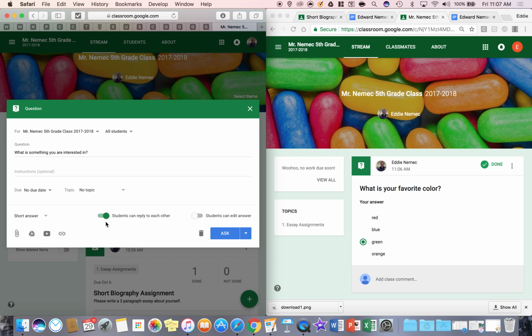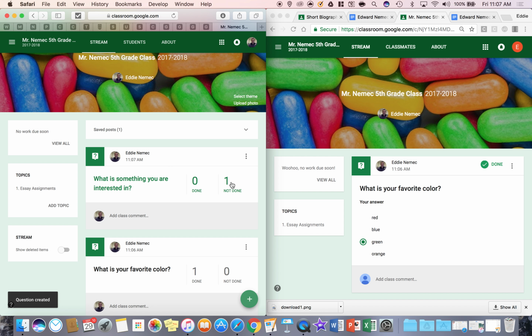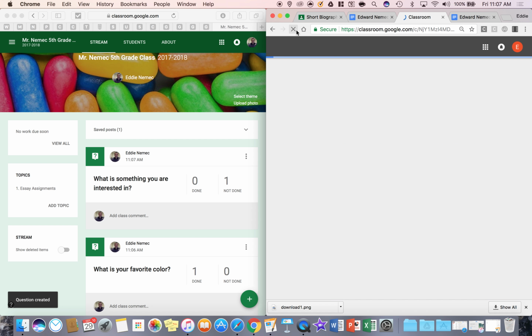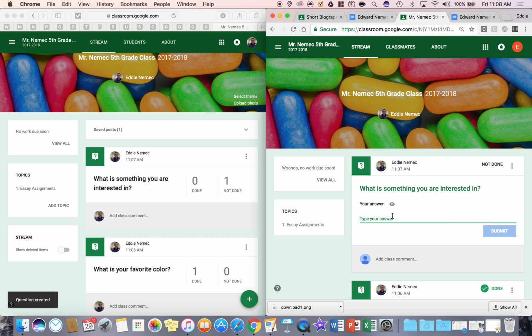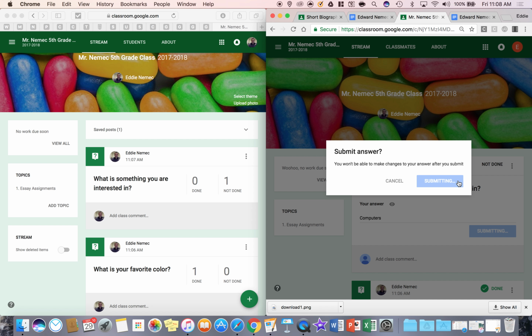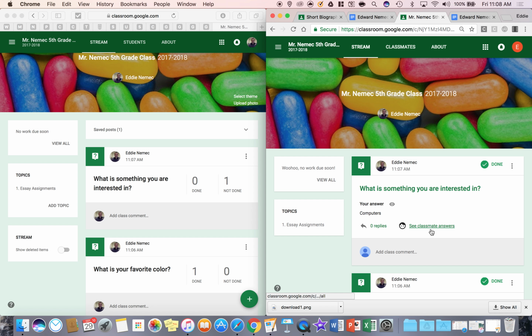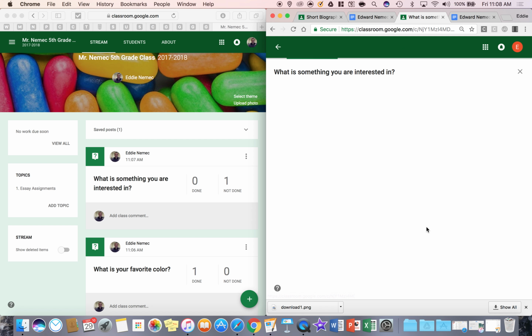So if I do this, then let's see what they see. So I'm going to go ahead and hit ask. I submitted that question. Let's refresh and see what the student view sees. And then, okay, computers, submit. All right, and so they can come down here and see classmate answers, and then they can reply to